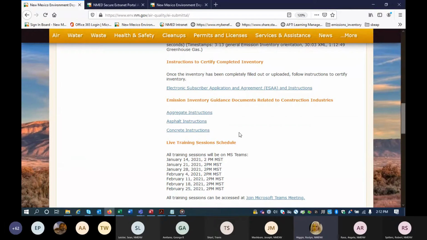But as Angela had mentioned, it will be ready next week, and there are several companies who have already submitted inventories and are ready for certification, but we have currently turned off the certification process because we're waiting for this other piece to be completed, and now it's completed.